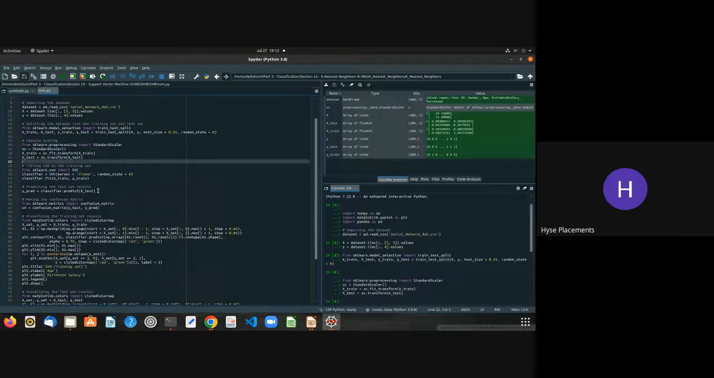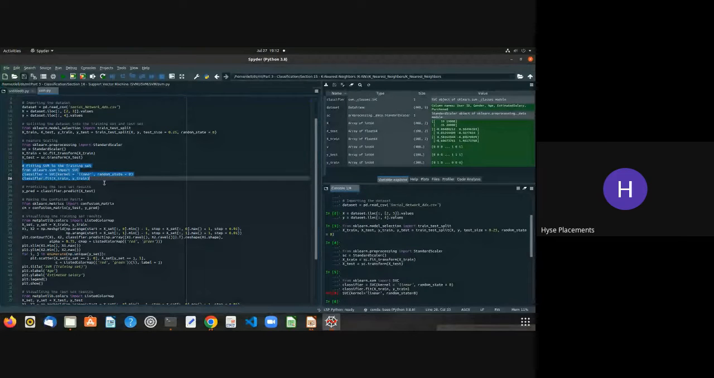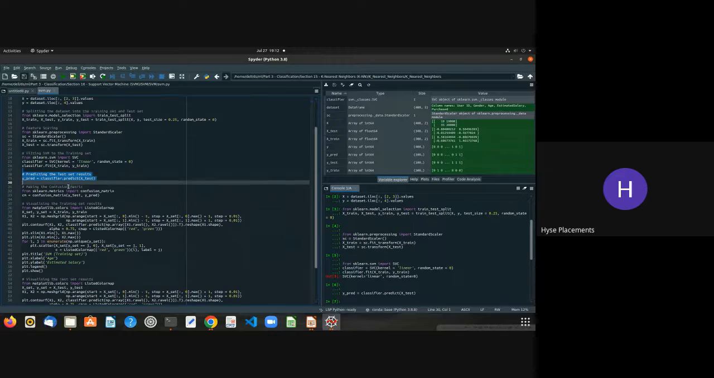Okay, fitting SVM. Instead of decision trees or whatever it was before, we are applying SVM now here. So we are predicting the output. Now if we apply the confusion matrix,